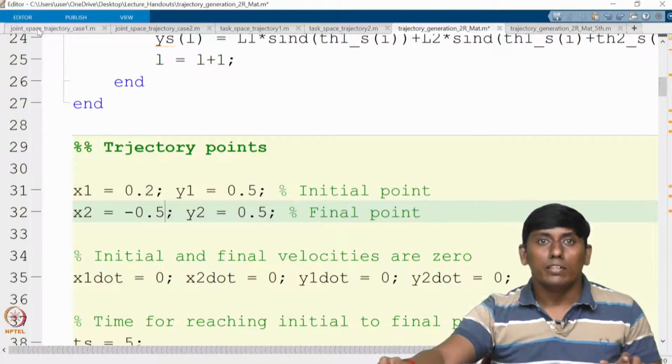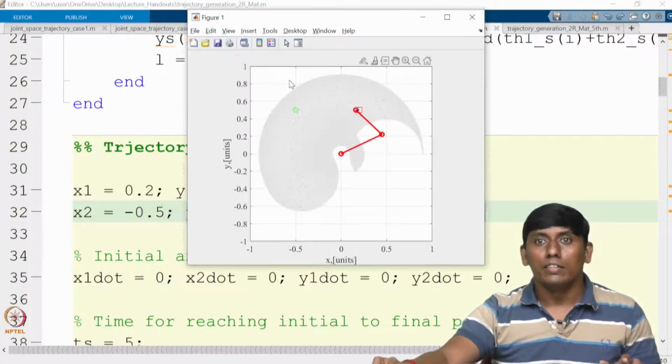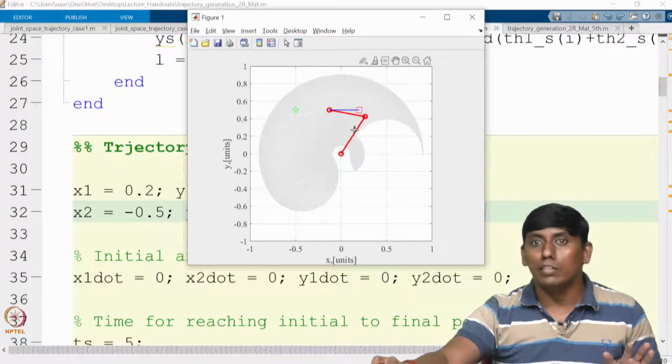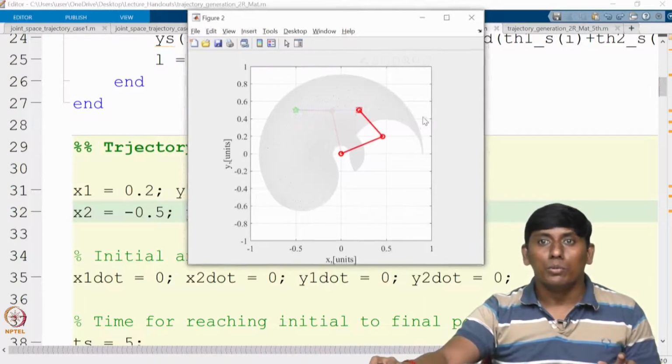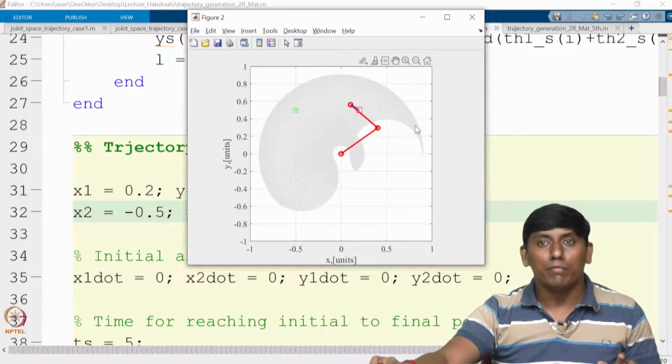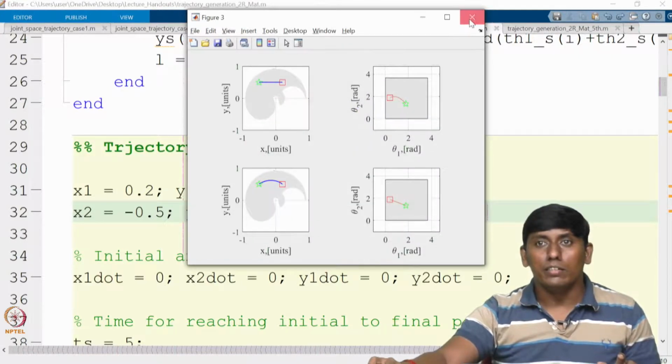I'll just run this and we'll modify that. I'll take one point here and one point here, then that would be within the workspace of both, we can see at least. So probably I take 0.75 and 0.45 and here somewhere around 0.25 or so.